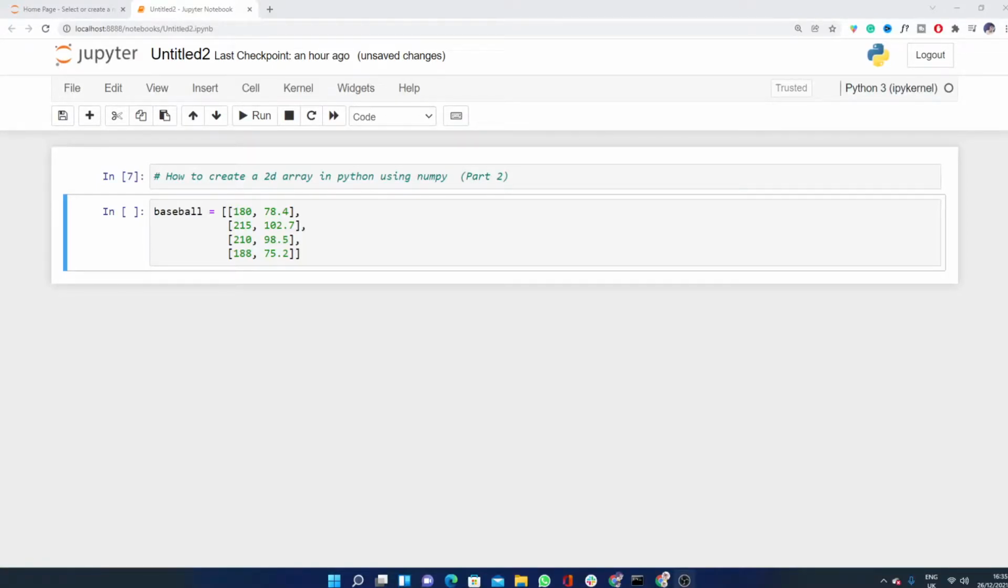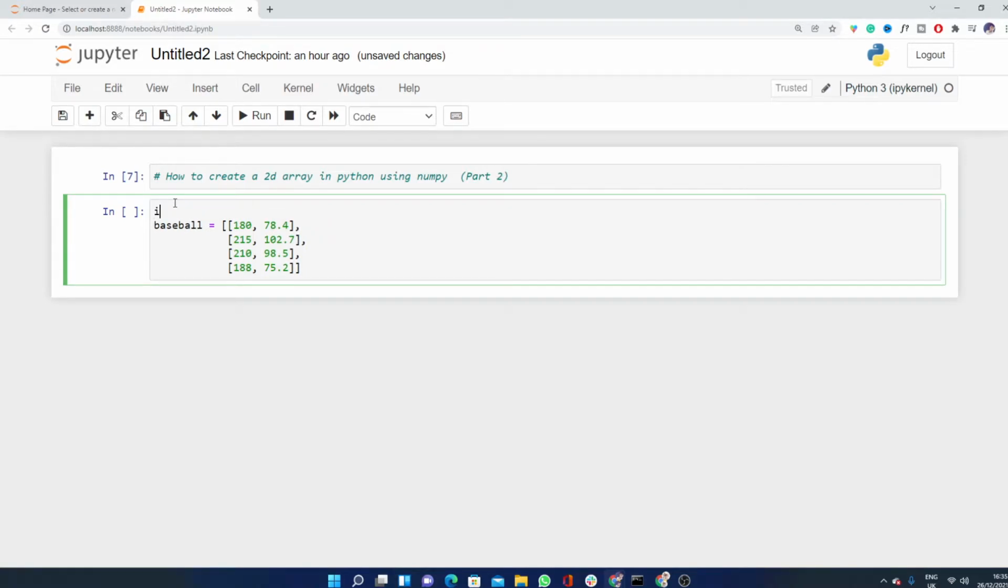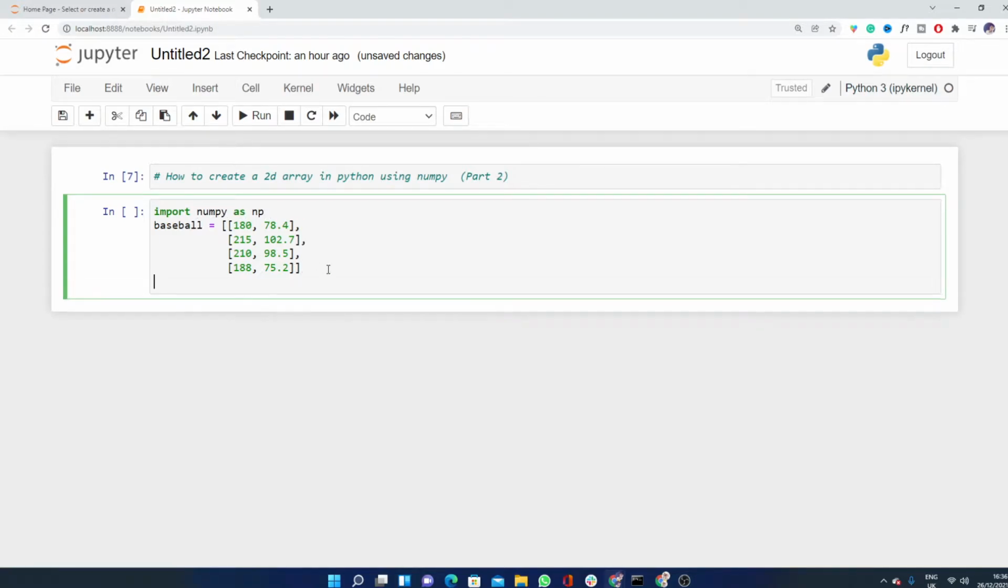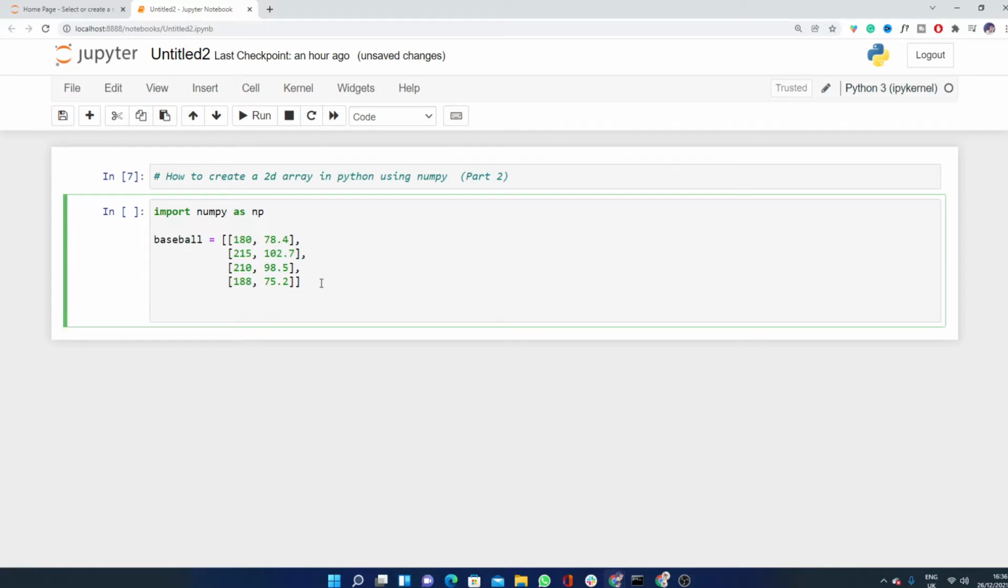In this video we will create a 2D array in Python using the numpy package, and we will create a 2D array using a list of lists. You can also check out part 1 if you didn't check it. So first we have to import a package. I'm going to import the package numpy as np, and now this is a variable baseball with a list of